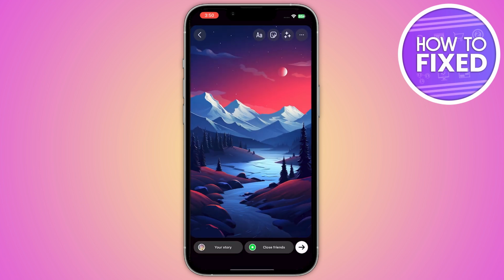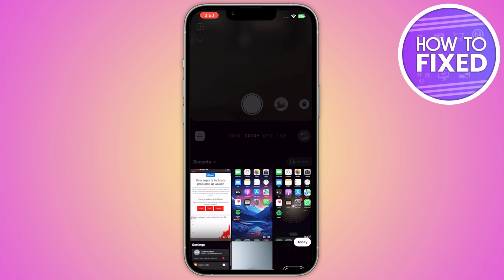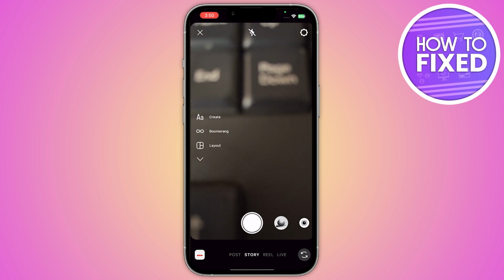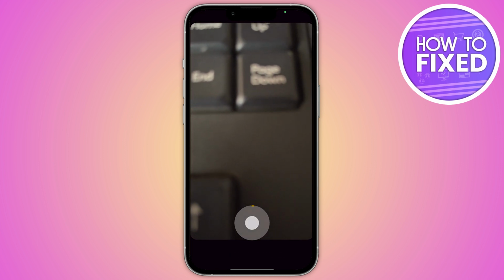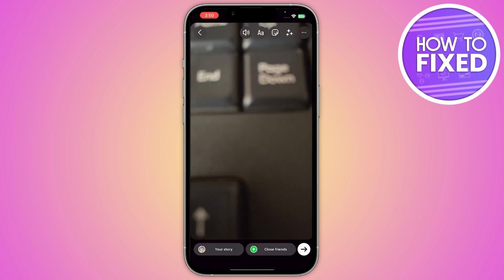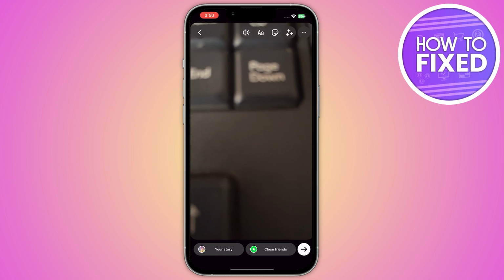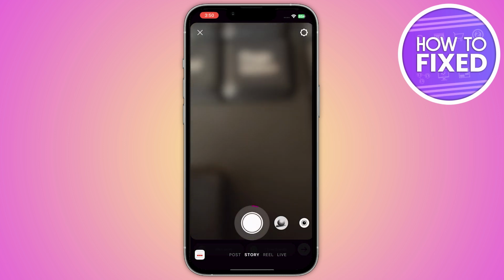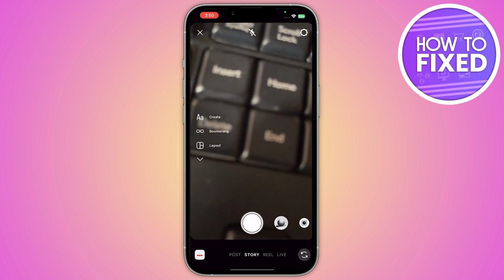For that what you have to do is simply go back, and from here you have to create a story, and in this story you can add the song by default. And if you don't want to add the default song, what you have to do is simply go back and